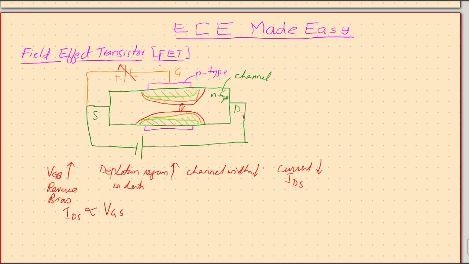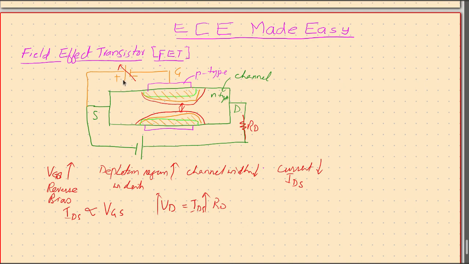And if we have any resistance here, then we get a drain voltage which is IDS times RD, and if IDS increases, then VD will also increase. So with the change in input voltage, you find change in the output current. Change in output current through a resistor can be made to change in output voltage.